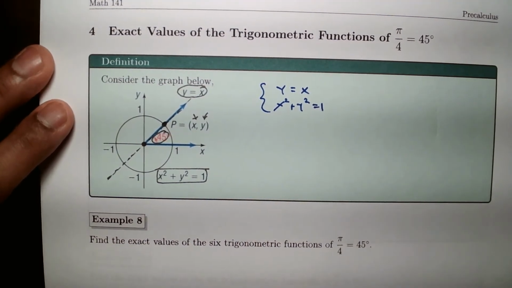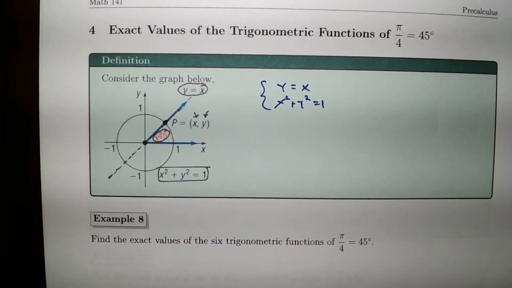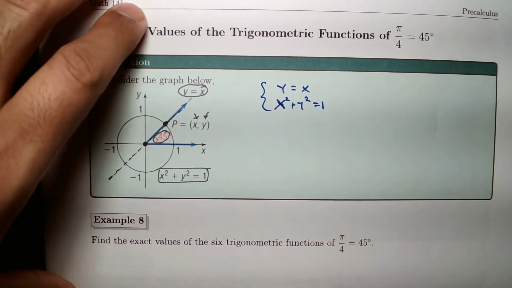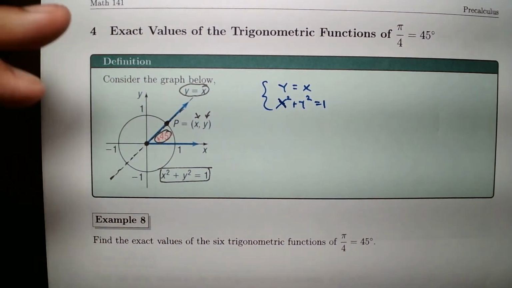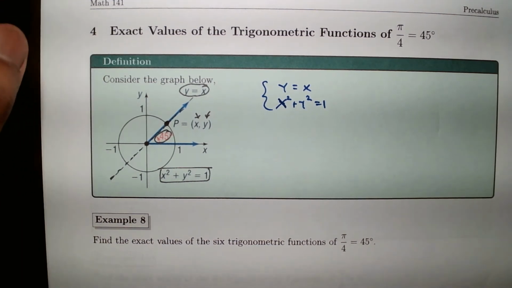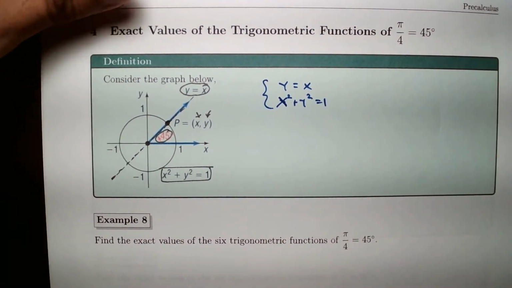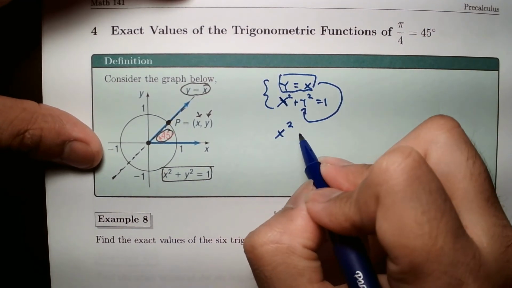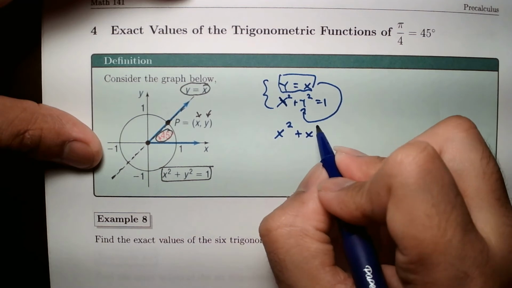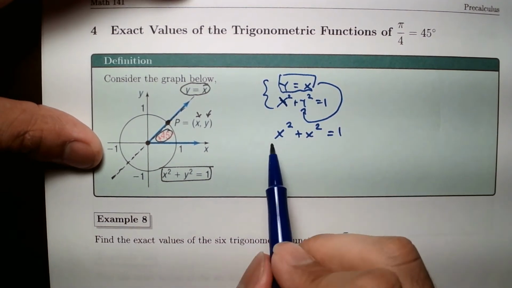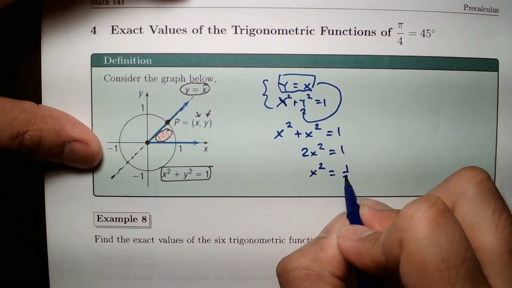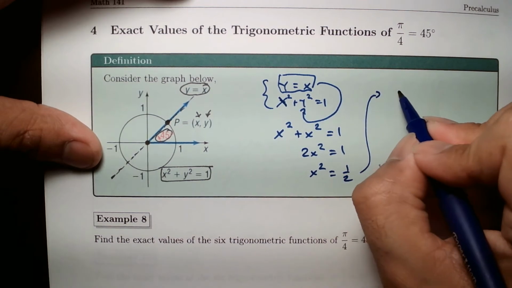That's a nonlinear system. Well, we're going to get a little bit more in depth with this kind of systems later in the course, although you may have done already some of them back in your intermediate algebra course. But in this case, it's going to be really, really simple to do. So what I'm going to do is essentially replace this y equals x in here to make it x squared, plus instead of y squared, that's also x squared equals 1. Combine like terms, that's 2x squared equals 1, x squared equals 1/2, and then x equals, if we